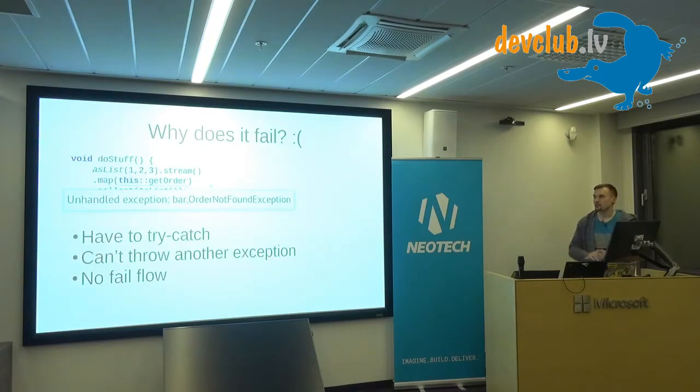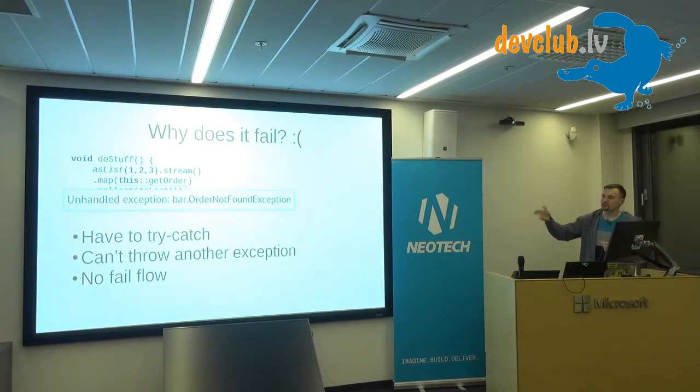So why does it fail? Well, unfortunately, with lambdas in Java, you can't have unhandled exceptions. You cannot rethrow them. You cannot do anything. You have to try-catch them, and it's just awful, breaks everything, looks awful, and it just put me in a giant depression because I thought it was a bulletproof theory, and unfortunately it just doesn't work. So what you have to do is either try-catch, or you can throw another exception. You can throw a runtime exception, but who cares about runtime exceptions? You can ignore them, and you wouldn't be punished by the compiler, so it means nothing.